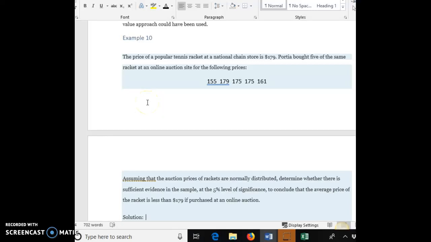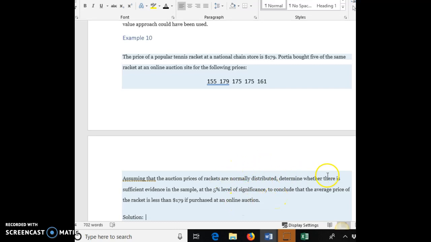So now let's look at a small sample hypothesis test. In example 10, the price of a popular tennis racket at a national chain store is $179. Portia bought 5 of the same racket at an online auction site for the following prices, and we have 5 pieces of data. Assuming that the auction prices of rackets are normally distributed, and we need that normally distributed to do the test,